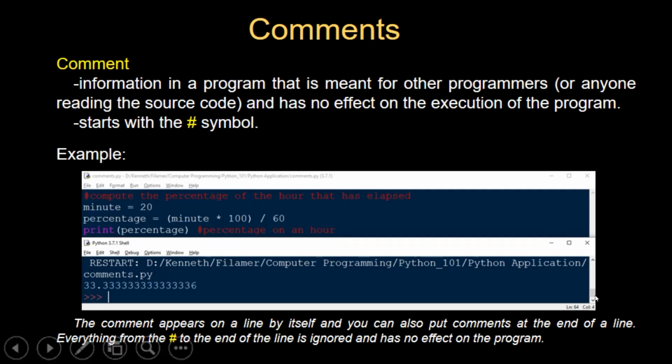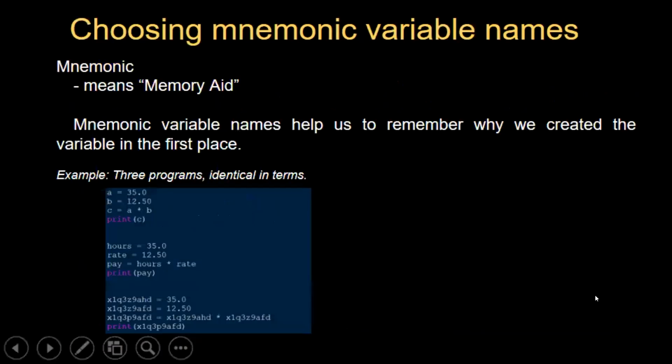Yan yung example ng comment. Then we have also mnemonic. So what is this mnemonic? So means memory aid. Okay. So mnemonic variable names help us to remember why we created the variable in the first place. Yeah. So we have here 3 examples of simple programs. So identical in terms, no? That is A, B, and C na variable name. Diba? And then we have